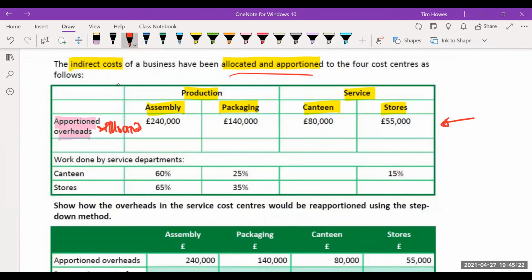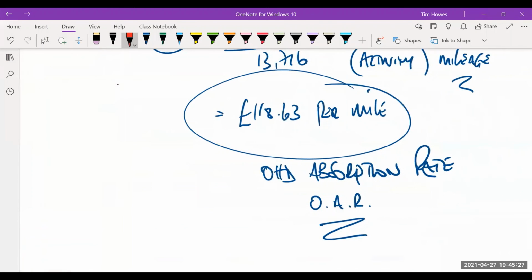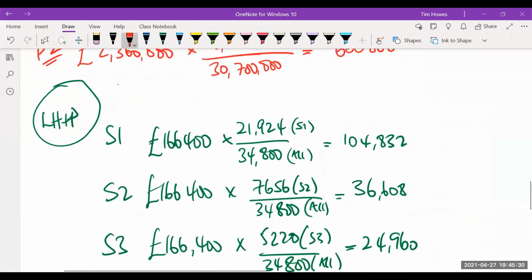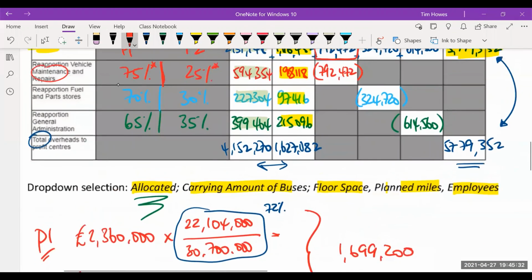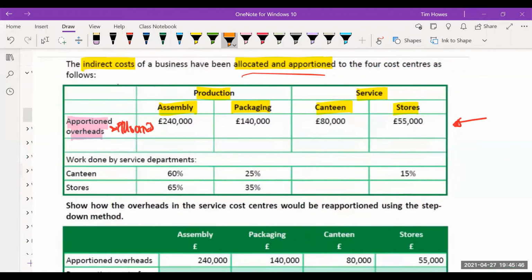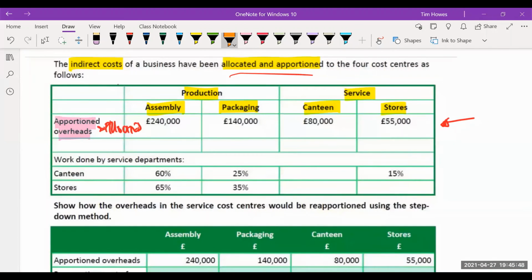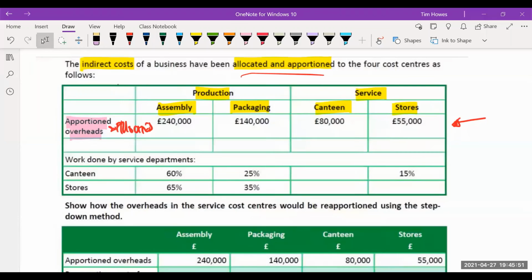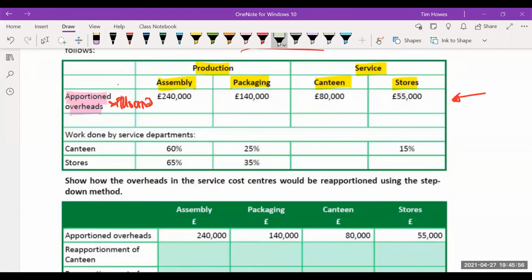So hopefully you are happy with where this is. If I just link you back into the task that we just did, in this big picture, this massive one, we're basically at this point here. Yeah, they've gone through the allocation and apportionment, and we're now, if you like, sitting on this row. Okay, hopefully that makes sense. So they've done all of that other stuff, and you've got those costs sitting there. Okay, now we've got this extra piece of information. Okay, and this is the reapportionment that's about to take place.